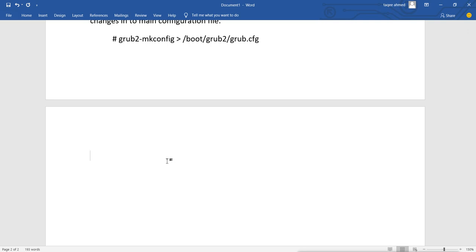So we can pass commands to the kernel by editing the configuration file, and it will be permanent.